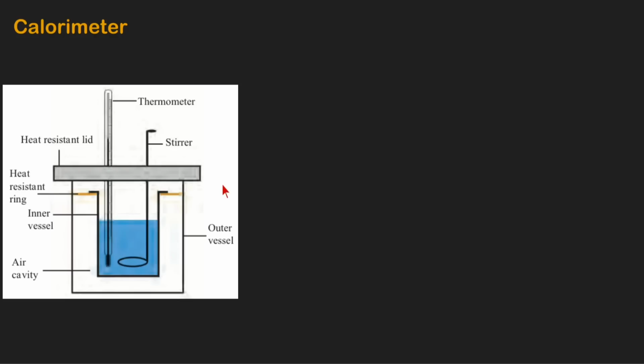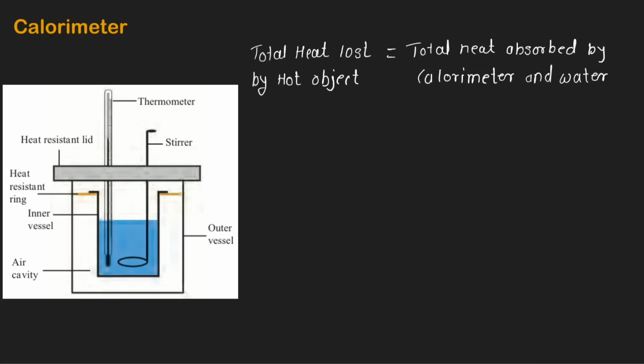Means what? The heat energy is not exchanged with the environment. That means the total heat energy lost by the hot object is equal to the total heat energy absorbed by the calorimeter and water. Here we get the point: the total heat energy lost by the hot object is equal to the total heat energy absorbed by the calorimeter and water, because there is no transfer of heat energy between the surroundings and